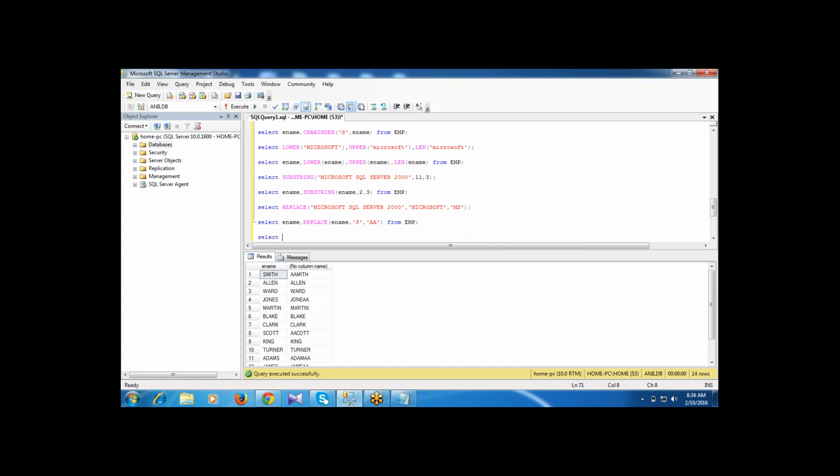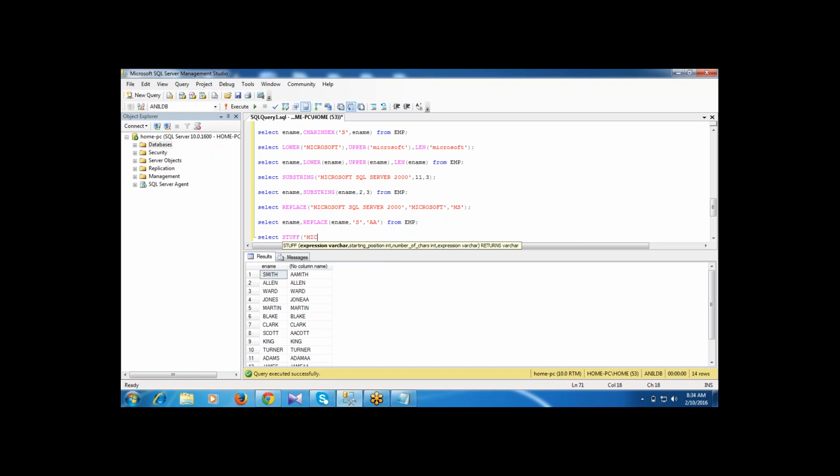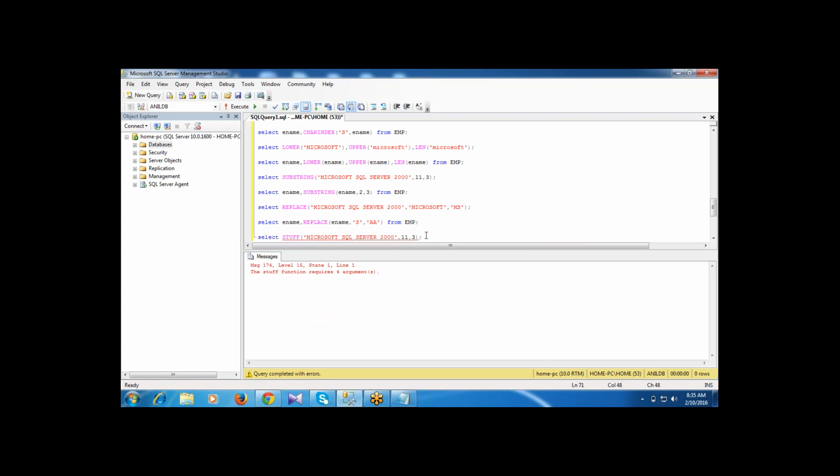Next. So here I am writing the stuff function. In the stuff function, here I'm writing Microsoft SQL Server 2000. I'm starting with the 11th character and 3 characters, friends, like this, and replacing with SQL.